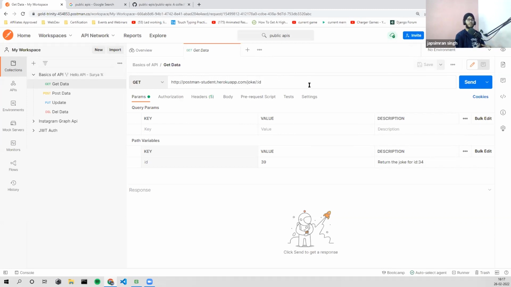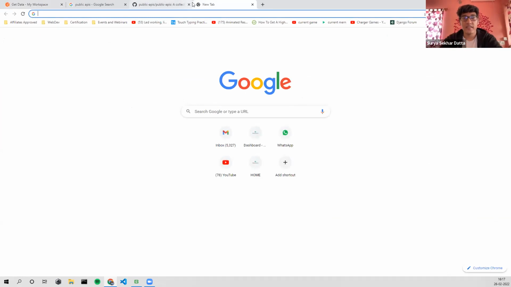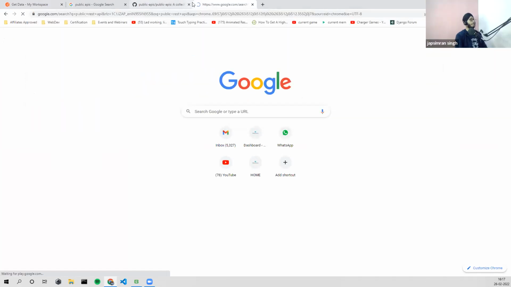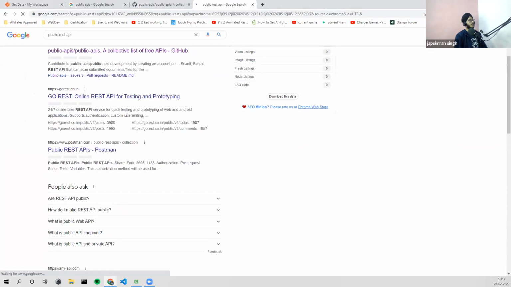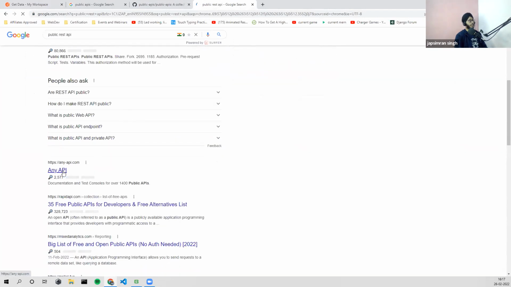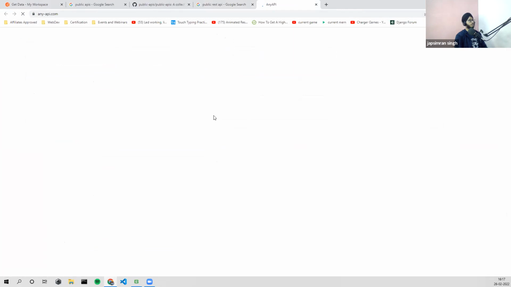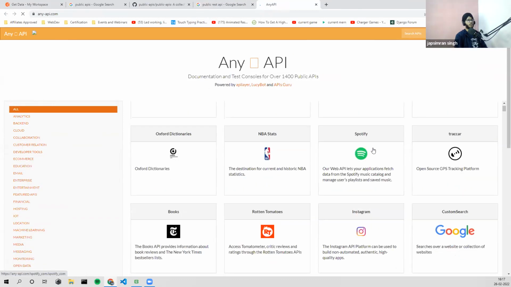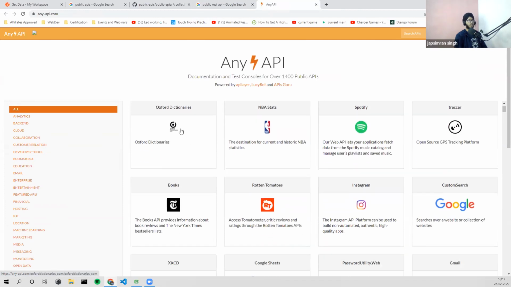It could be a CRUD API. There's a very famous SpaceX API. There's an animal list REST API, this is very famous. And if anyone here is an anime fan, you can use MAL APIs and all those things. So this is a collection of many APIs. You can use the Spotify API, Oxford Dictionary.